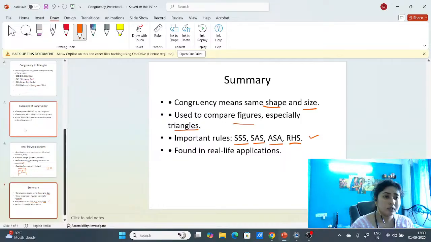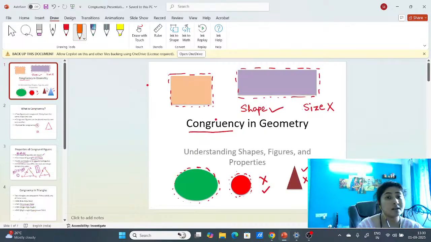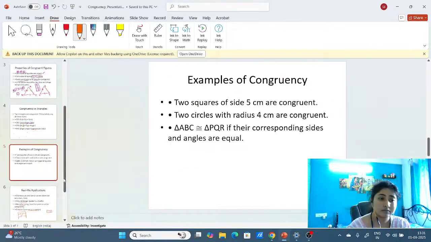So here two squares of side 5 centimeters are congruent. Congruency is not about only triangles, right? In the first slide I showed you that we can compare circles, we can compare rectangles, we can compare any shape, and I have also compared my hands. So we can compare any shape of our choice. So if we have two squares of the same size, suppose this is a